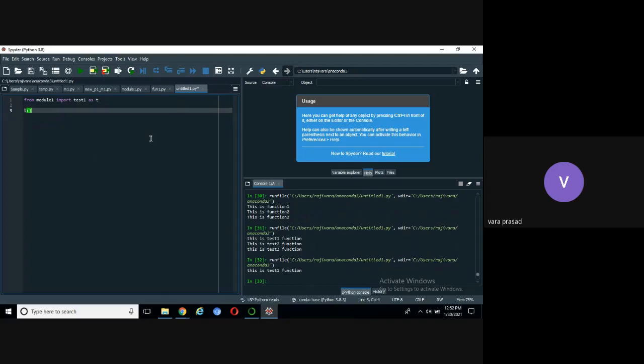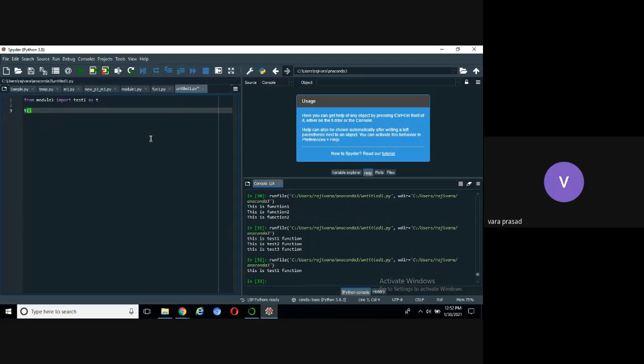Then various IDEs in Anaconda, Jupyter, Spyder, the command prompt, and many more. Then how to write a sample program in Python, print, operators, variables, different types of variables, how to find the type.